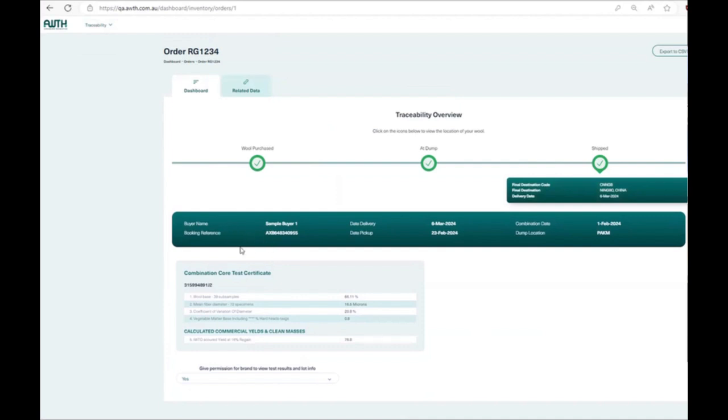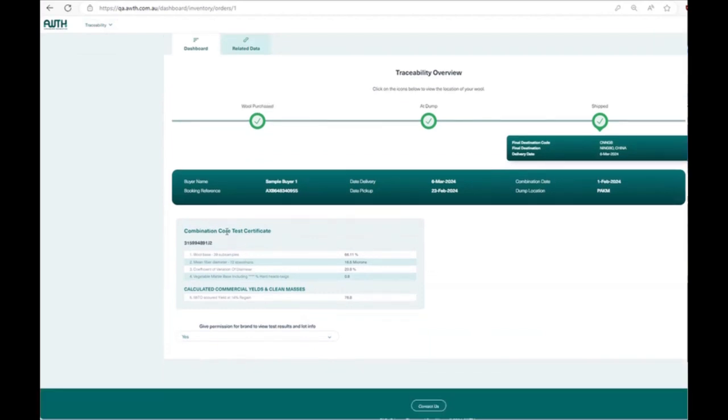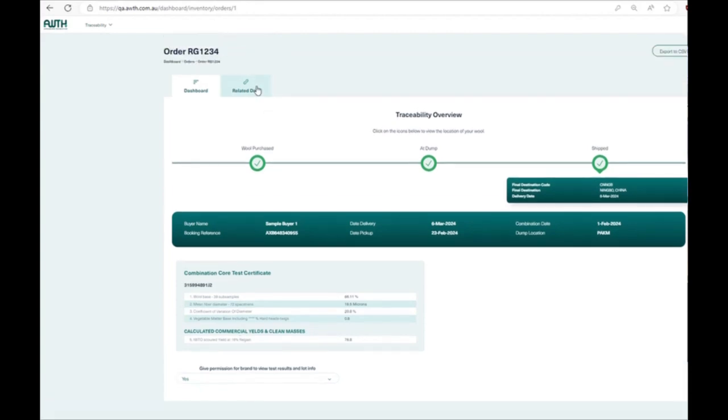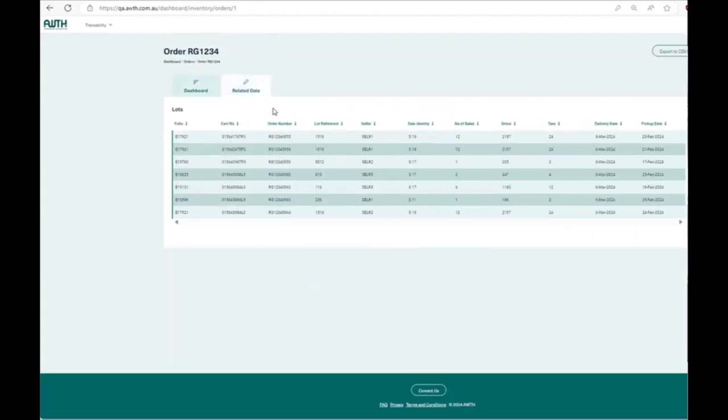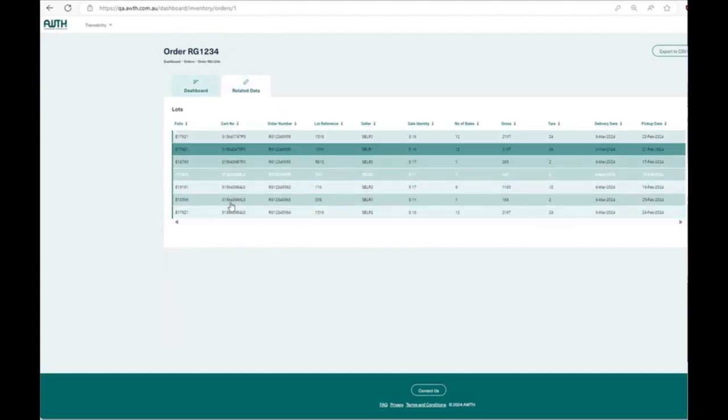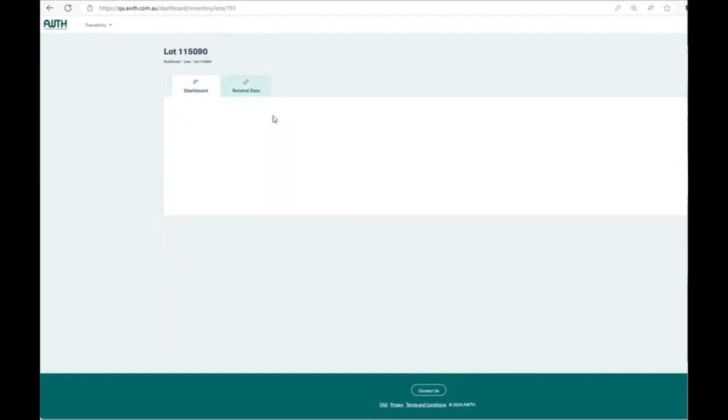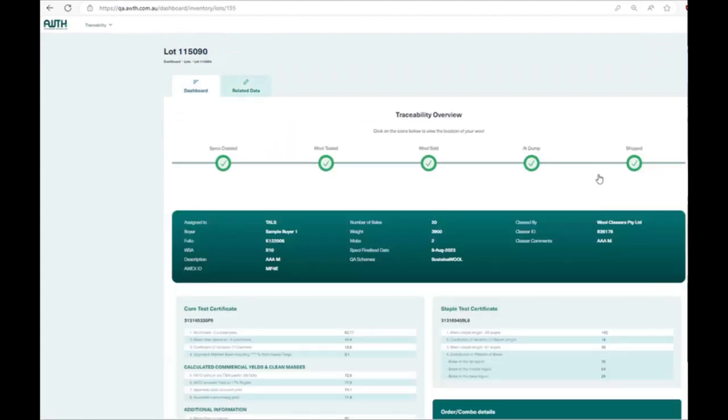The combination, the delivery details or the consignment details, the combination certificate that goes under it. And here's where they can turn on or off that sharing control for that individual order to go back down the supply chain as well. On the related data side, they get to see all the individual sale lots that they put together for that delivery as well. And they can open those up and see the traceability timeline for each one of those